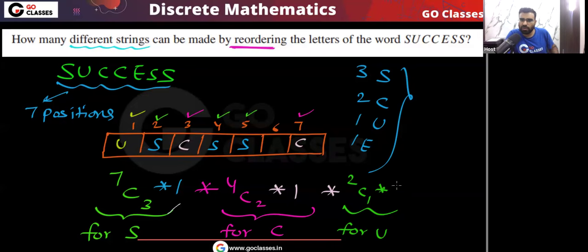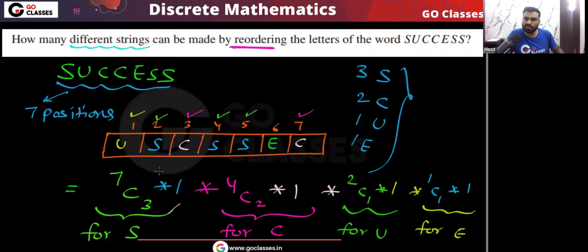Only one way. That's it. Now, tell me about E. There is only 1 position remaining. So from 1 position, I will choose 1 position for E, and there I will put E. There is only one way. That's it. So this is the answer.